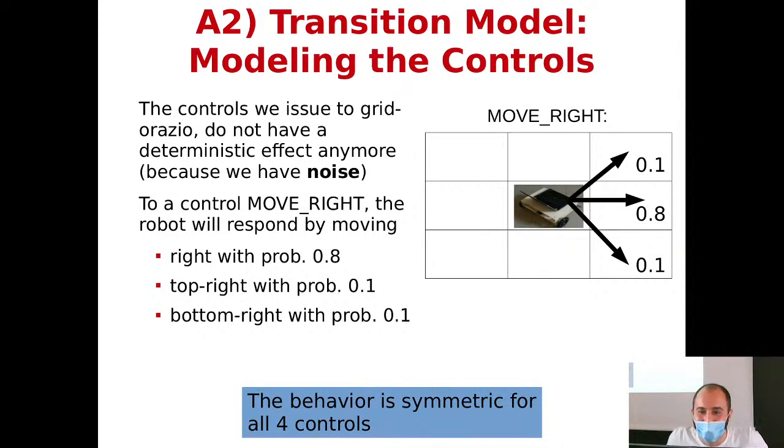Okay. So, that was the ideal system that the professor was talking about. Now we will add noise in the controls, of course. And for example, what we say is that if we impose a motion,